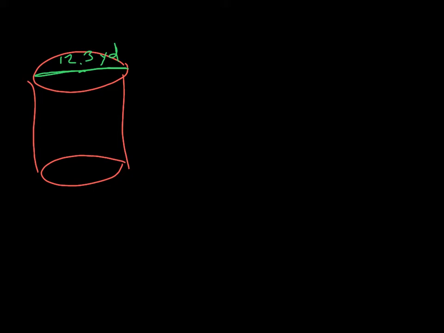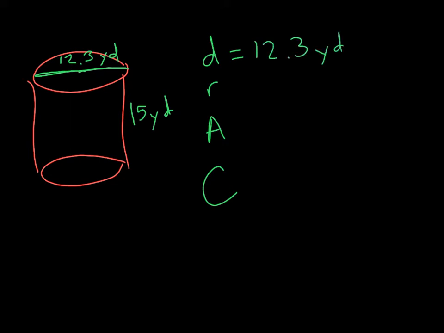The height of a figure is, when you put it on its base, how high up is it? And so let's say that this object is 15 yards high. All right, so we start just like we start with our circle problems, C, A, R, D, and then we label what we have, which is the diameter, 12.3 yards. Well, the radius is half of that, so we're going to go ahead and take 12.3 divided by 2,